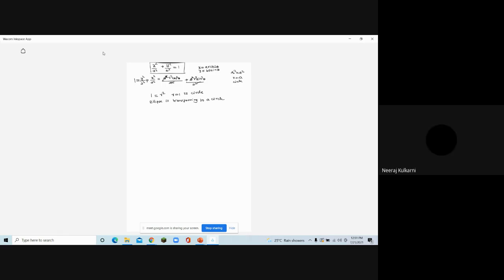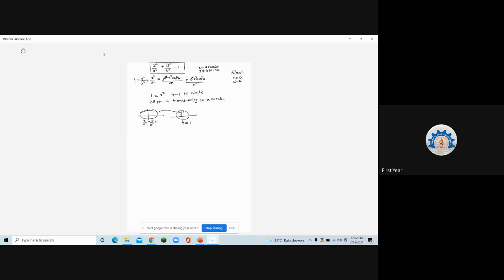What will happen to dx dy? Good, tell me, that's the next thing. So the first thing is clear to everyone, that the ellipse is getting transformed to a circle. This will be another MCQ question, because it's a very nice concept. Transformation, you can visualize it, that the ellipse is going to become a circle. This was x square by a square plus y square by b square is equal to 1. It's getting transformed to the unit circle, r is equal to 1. Okay, now let us see what happens to dx dy.